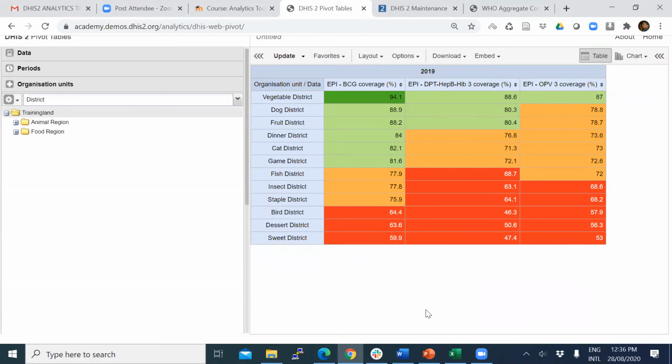Second thing, drilling down of data. It is also very important. So just go to one cell. In dog district, BCG coverage is good, actually middle. HB coverage is also okay. OPV3 coverage seems to be a little bad. To explore this, you can drill down this dog district. What I'm going to do is go into the cell, click on this, then I have this menu. So I select open,